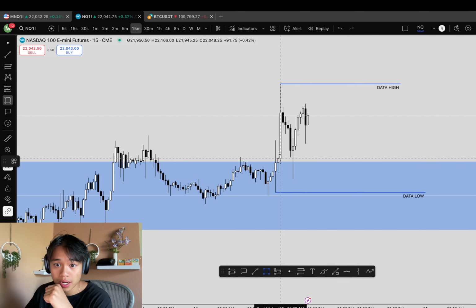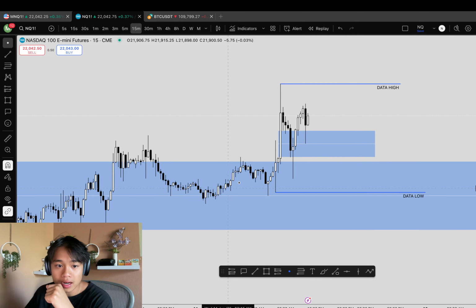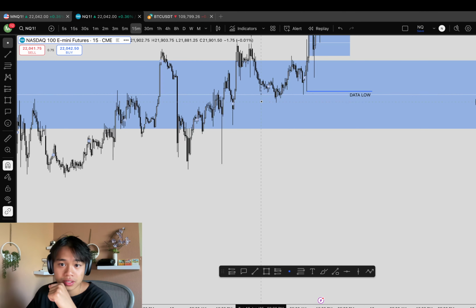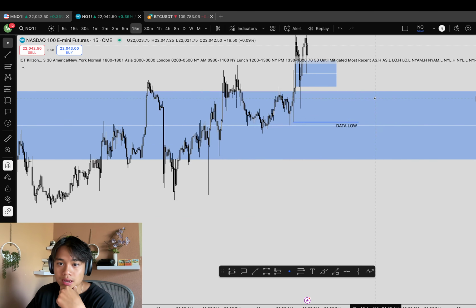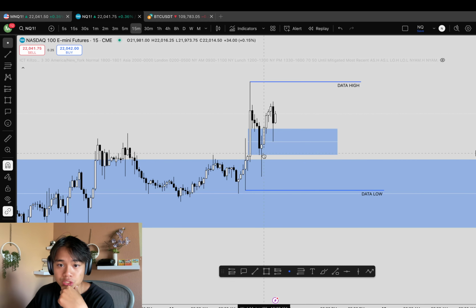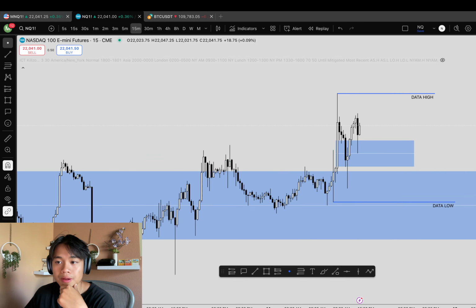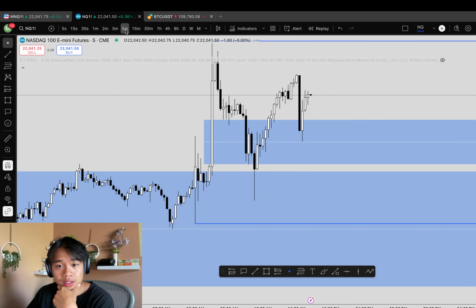And in terms of short-term bias, I was like, okay, I think we're still going to go to this data high as long as we hold this 15-minute gap. Everything below, all of these relatively equal lows and the session lows down here, like London lows, was just not relevant to me as long as this 15-minute gap held, because I knew that if this 15-minute gap held and we displayed strongly to the upside, then this 100% is going to be the drawn liquidity, right? So I kind of stood around, did nothing really.